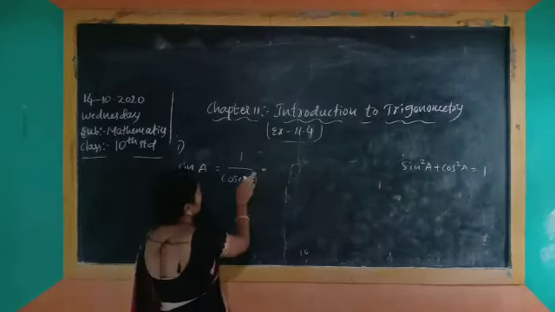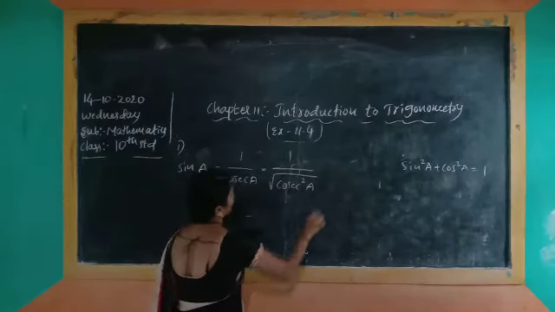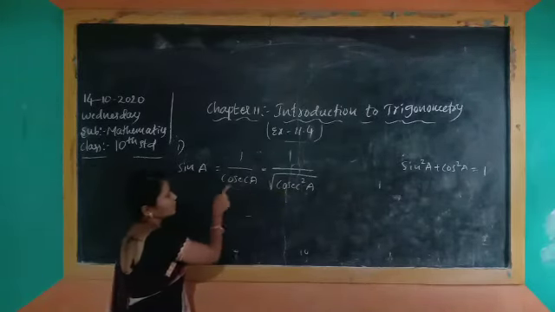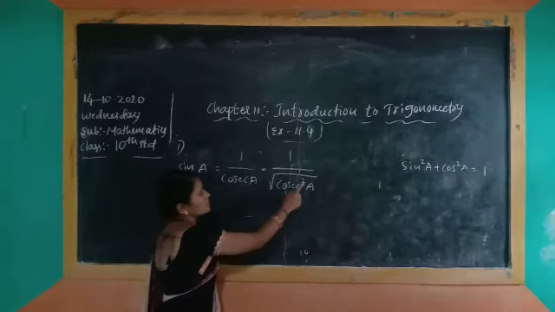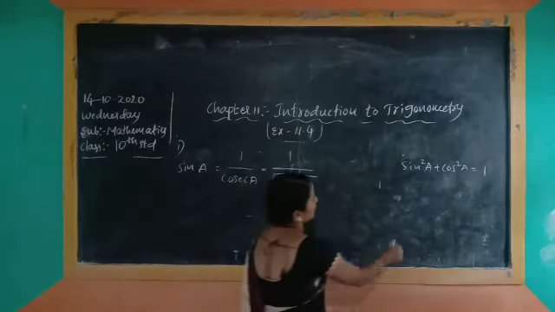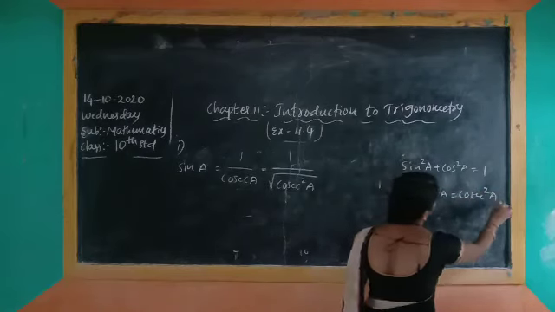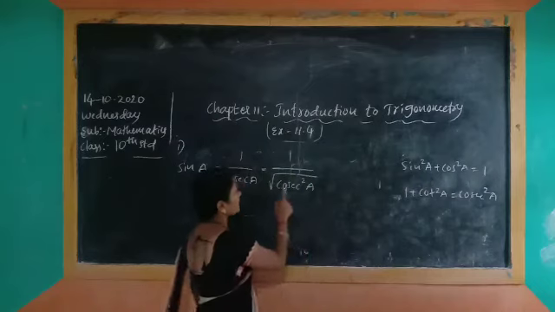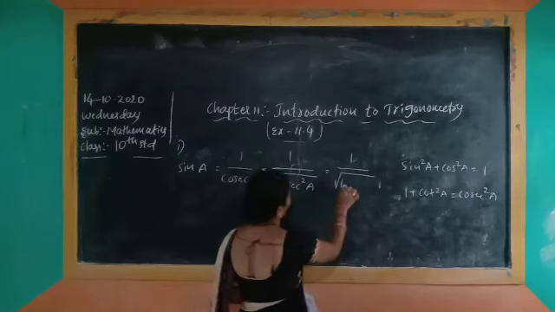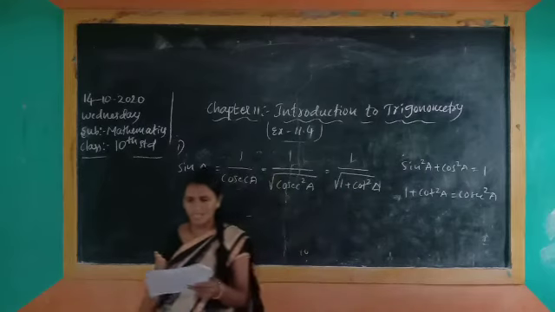I will write cosec A as square root of cosecant square A, so sin A is 1 by square root of cosecant square A. Why? Because square and square root get cancelled and you will get cosec A. Here is the formula, you know already: 1 plus cot square A is equal to cosecant square A. It is a trigonometric formula. So sin A will be 1 by square root of 1 plus cot square A.